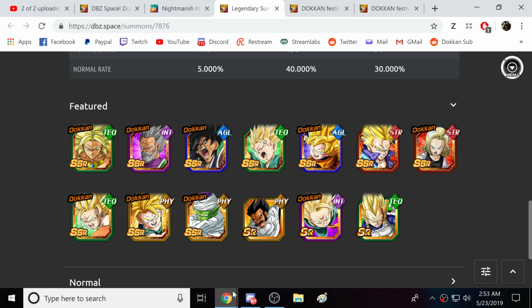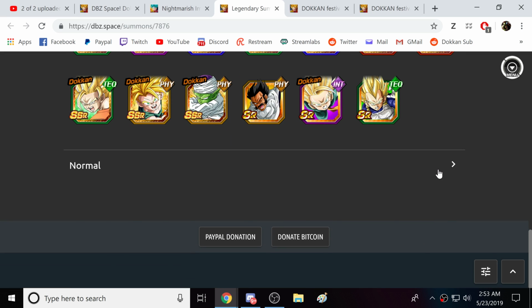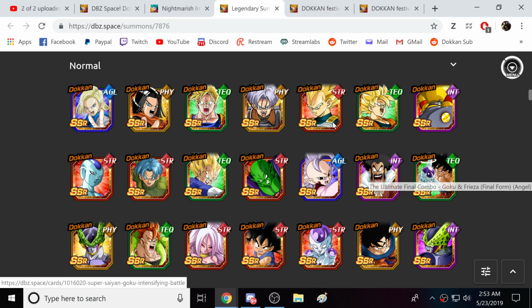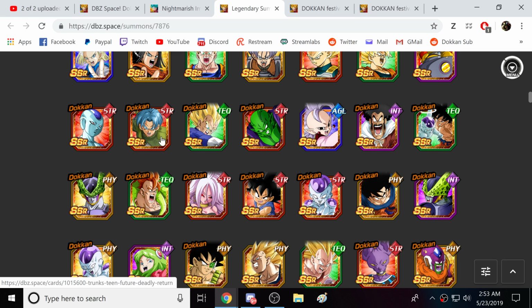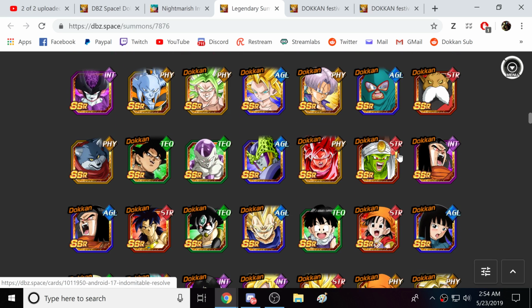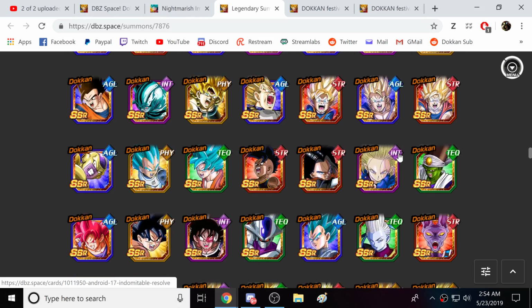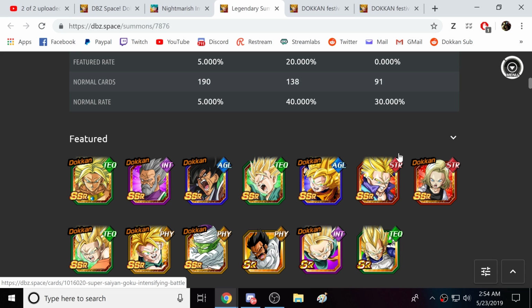So if you're summoning and you get a featured unit, it's really either you get Broly or you're not really getting anything good at all. You got to get one of these two Brolys or Paragus. That's the only thing of any worth featured on this banner. All of the LRs are unfeatured except for the Dokkan Fest exclusive ones, of course. So you could get LR Goku and Frieza, LR Trunks and Mai, LR Mighty Mask, LR Beerus. They're all on here. But I do not recommend summoning on this banner, on a legendary summon banner, because